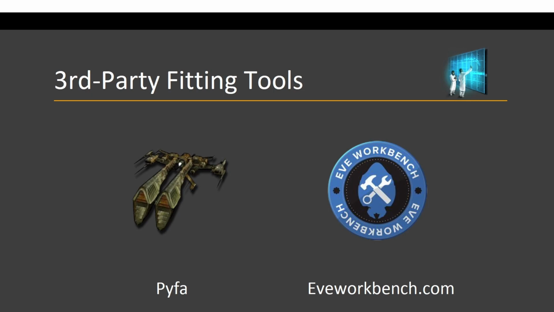At the beginning, I said I would talk about things that are more fun to play with in the ship fitting window, and this is it. PyFa and eveworkbench.com. Now, I personally prefer PyFa because that's what I use and that's what most of the people I know use. But that's not to say that eveworkbench is bad. PyFa is a third-party app that you can download on your computer, and it works great. It can be a little finicky when it's time to update. So when there's a new expansion or something like that, and there's been significant patches to the game that change the balance of ships and ship fits and modules and all that,